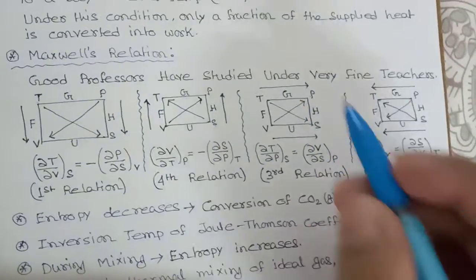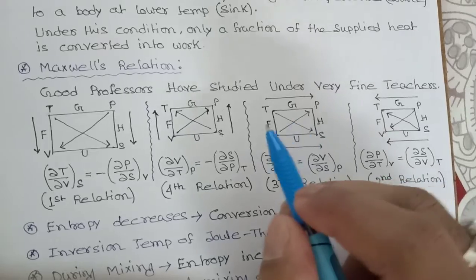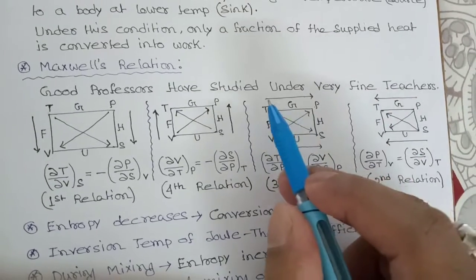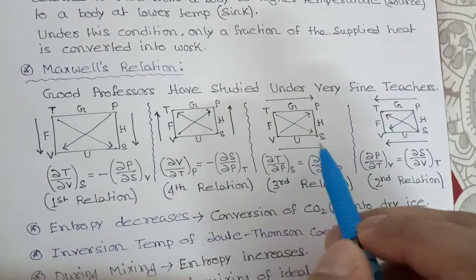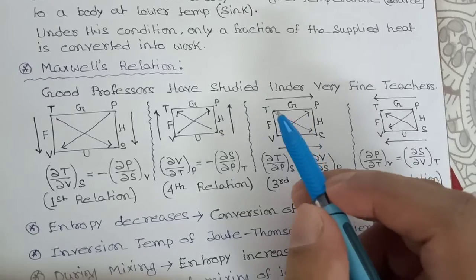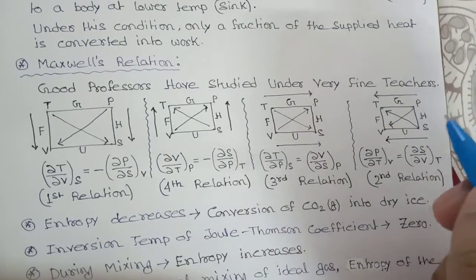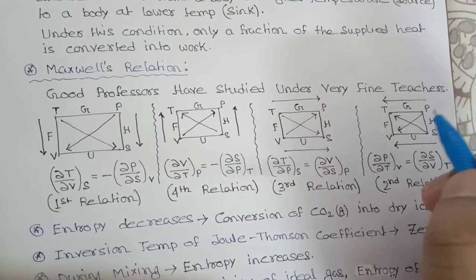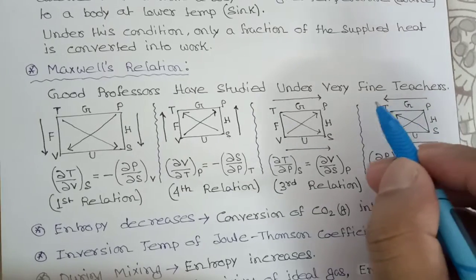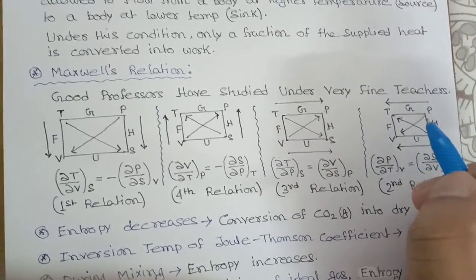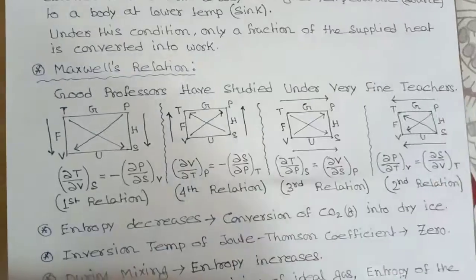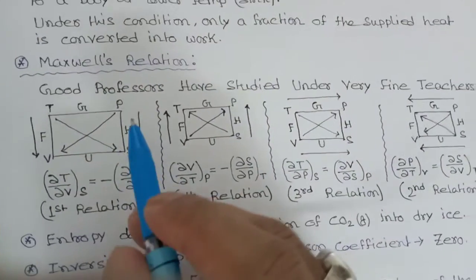In the third case, you have to give arrows in the right hand side direction, in this way, in this way, in this way, and in this way. And in the final case, you have to give arrows in the left hand side direction, this one, and this one.